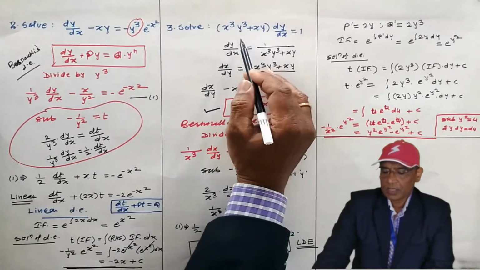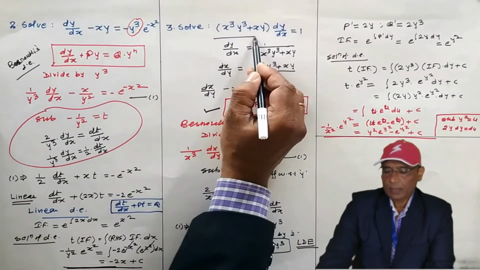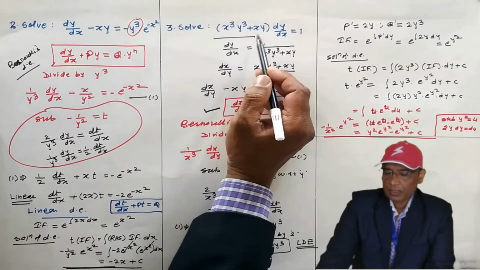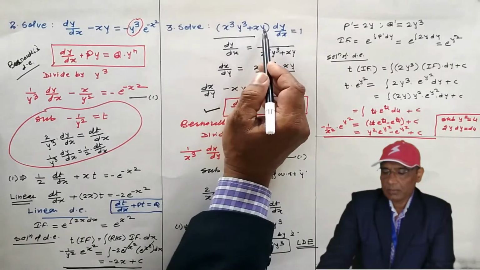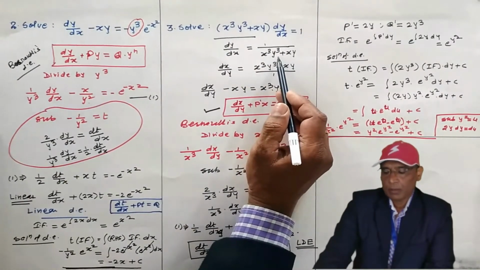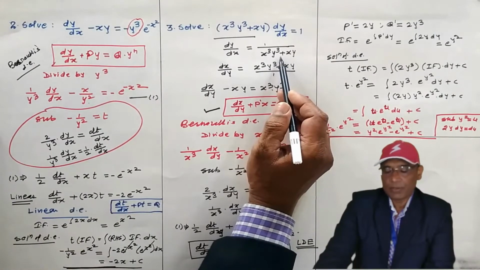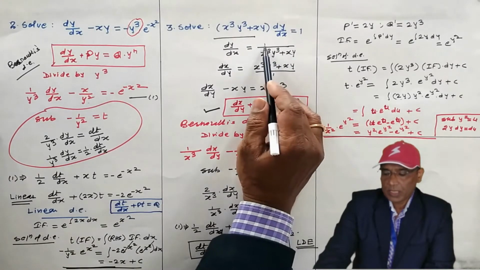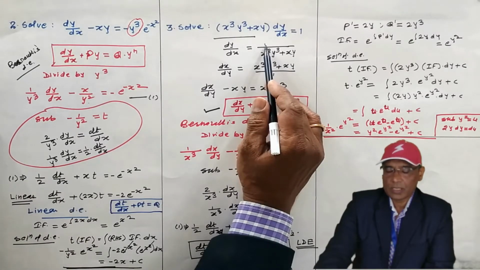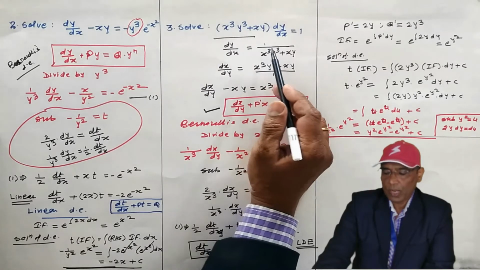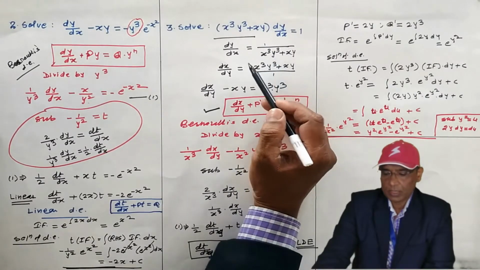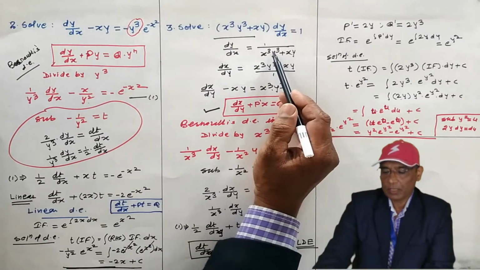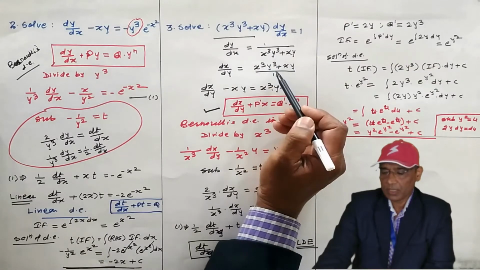Now third one, this differential equation is given. I am going to solve this differential equation for one or two steps. I have written dy by dx, and this bracket I have shifted on the right hand side. But if you look at this equation, here we have two terms in the denominator and a single term in the numerator. So what I am going to do is take the reciprocal of it. See, dy by dx becomes dx by dy, the denominator comes in the numerator and the numerator comes in the denominator.